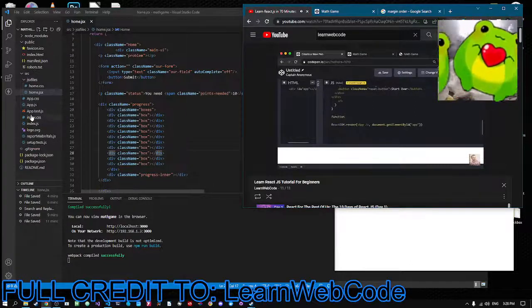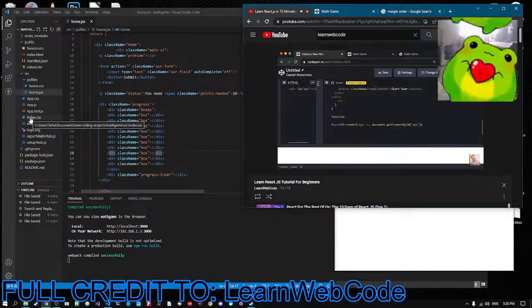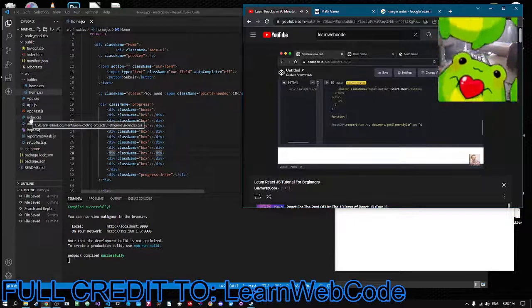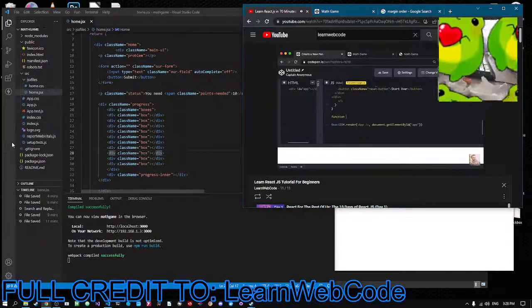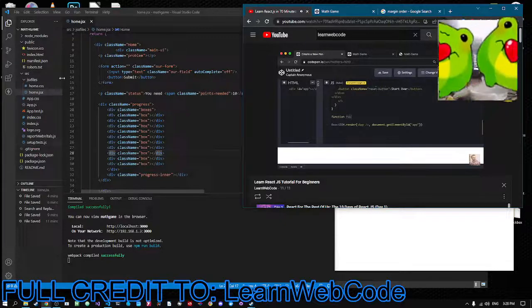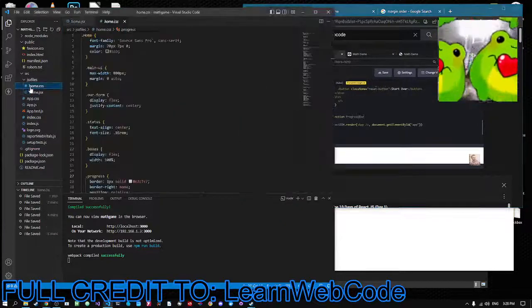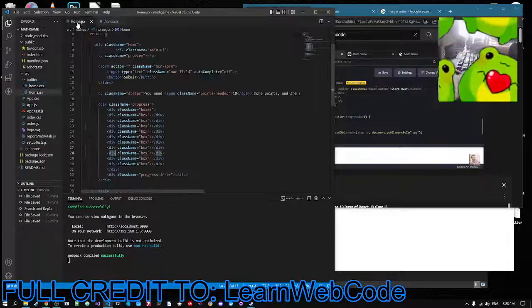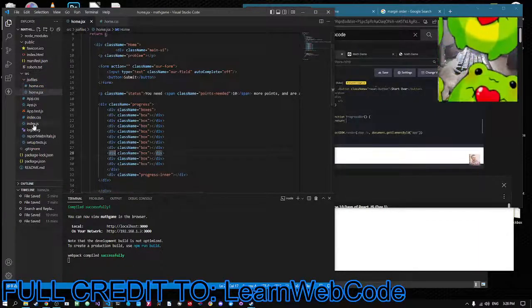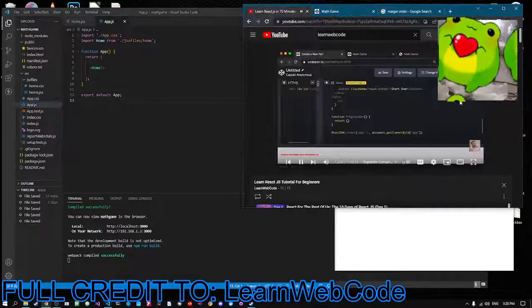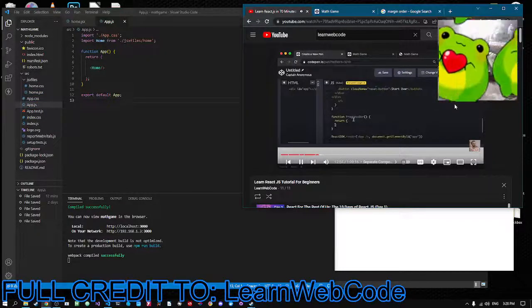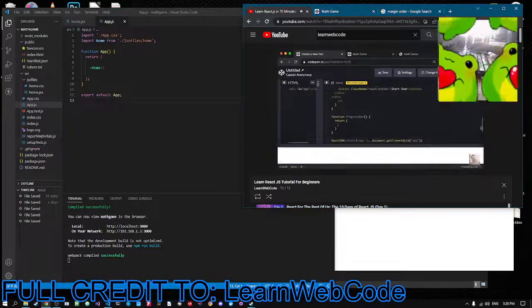We can name it anything, but it does need to begin with a capital letter. In React and JSX, a component that you yourself are creating must start with a capital letter. So why don't we call it ProgressBar, parentheses, curly brackets, have it return a bit of JSX. Let's say parentheses so we can have multiple lines of code. Okay, now inside the parentheses, let's just cut and paste